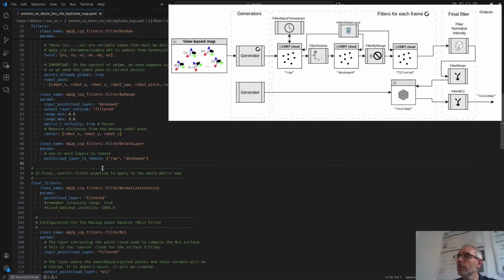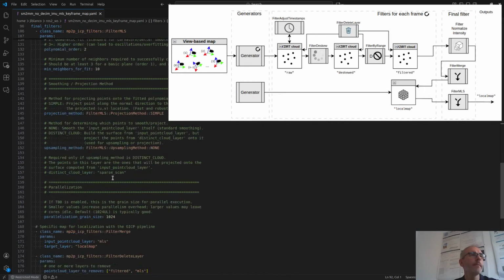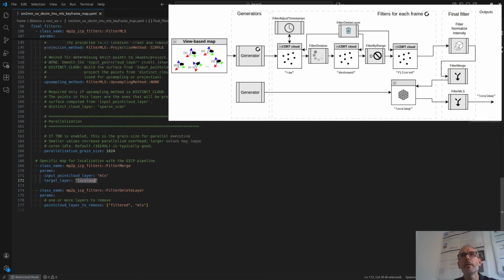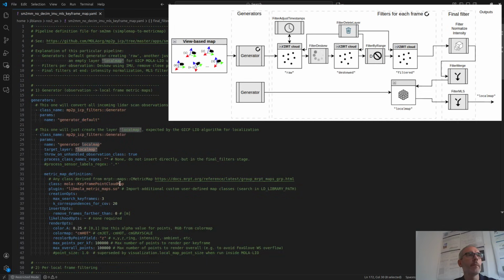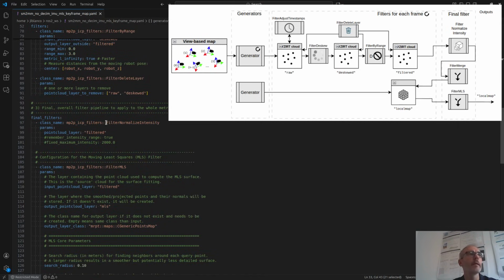But if you want to use it for LiDAR inertial odometry, that algorithm is expecting a layer called local map of the specific type that I mentioned here. So that's why we have the final stage here, and also for filtering.